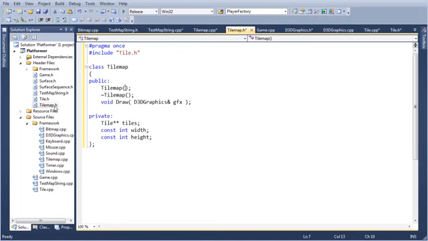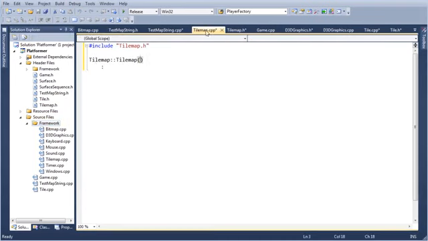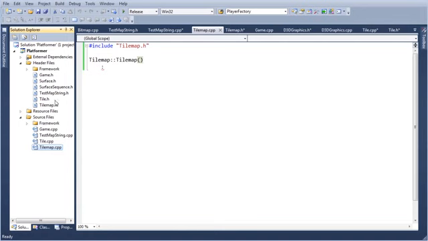Now, I thought I had a tile map C file. There it is, tilemap.cpp. I didn't save it yet. Let's save it. For some reason I got it stuck in the framework. Let's stick it out there. Minimize the framework.